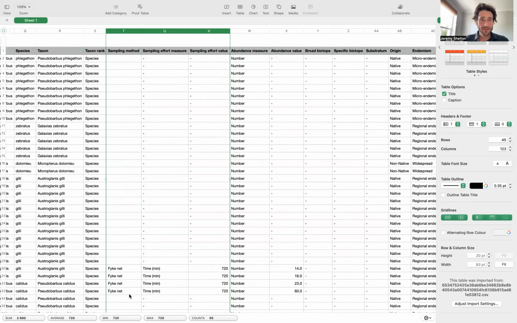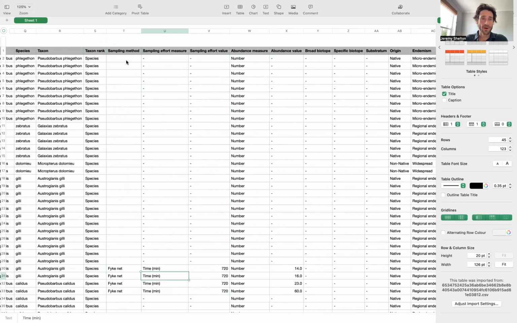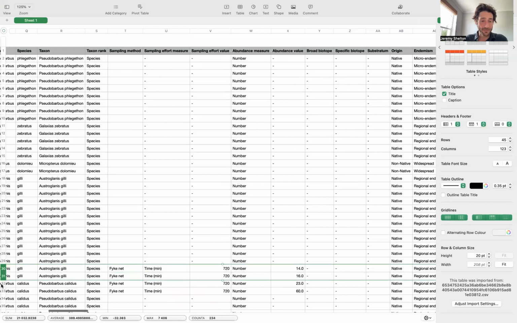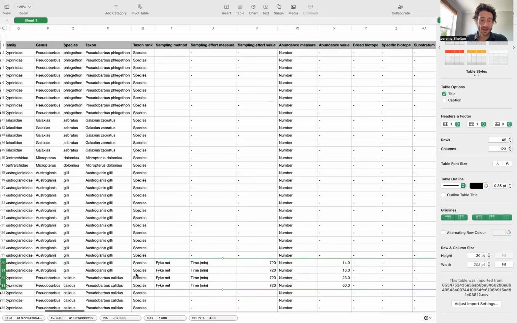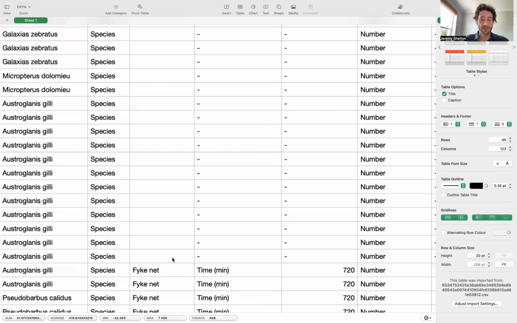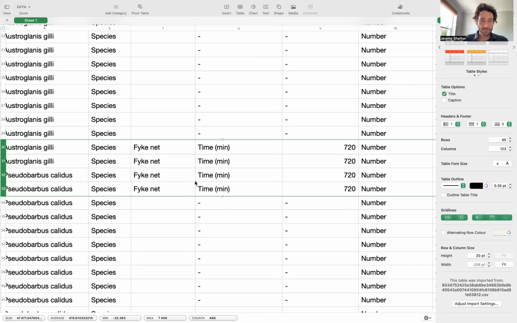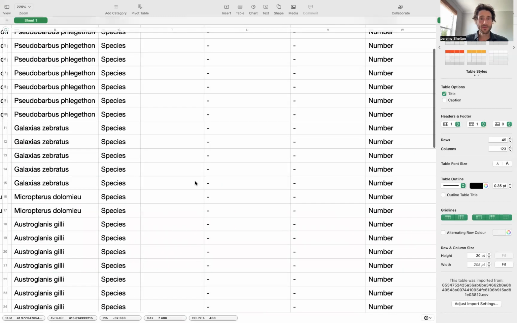We have sampling method, and then we have the effort and then the catch. So it's really the breakdown of the catch per unit effort of, in this case, fish records. So we can see that for a lot of these data, there is no information on the sampling method and the effort, but there are a few records down here at the bottom that have, maybe I'll just zoom in on this a little bit here, and I can show you that we have,